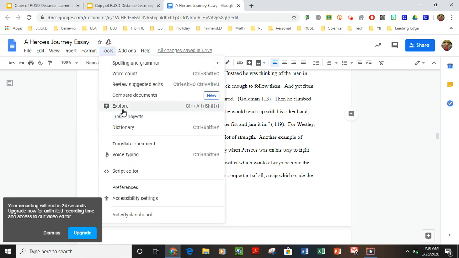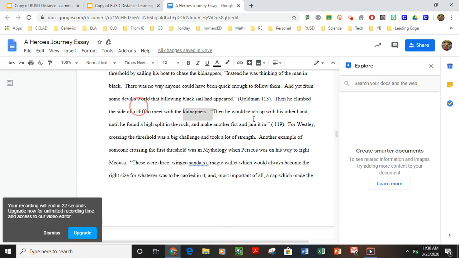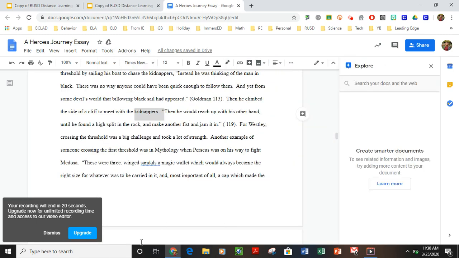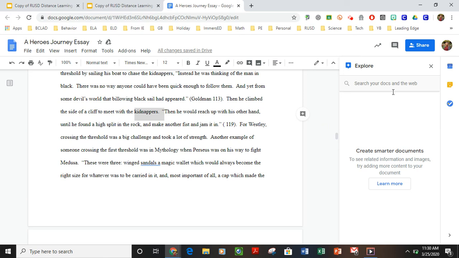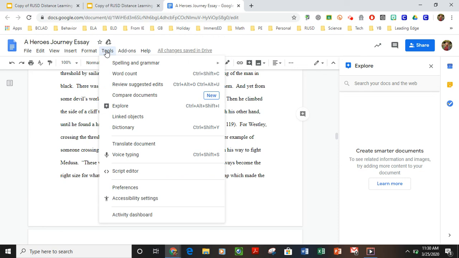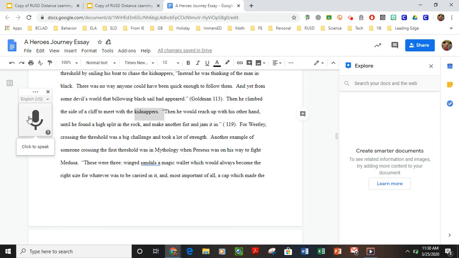All right, there's lots of other features I'd like to show you, but we're running out of time here. Very quickly, I want to show you the Explore button. This will bring up a sidebar here that you can use, and this Explore button will allow you to do web searches and find images and things you might want to insert into your document. I want to also show you the voice typing. This is a great feature. If you want to actually have it type your words spoken, you can do that. Just be careful because it will make mistakes, and so you want to make sure that you go back